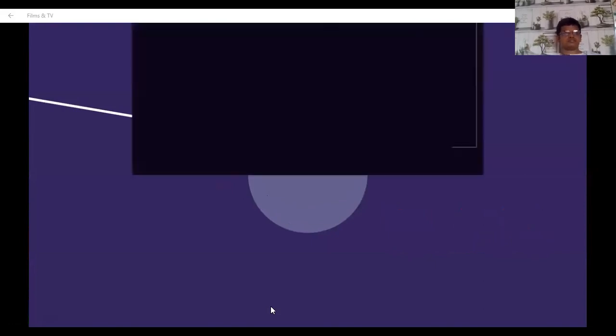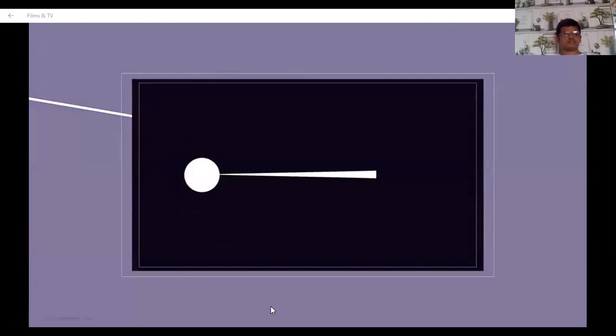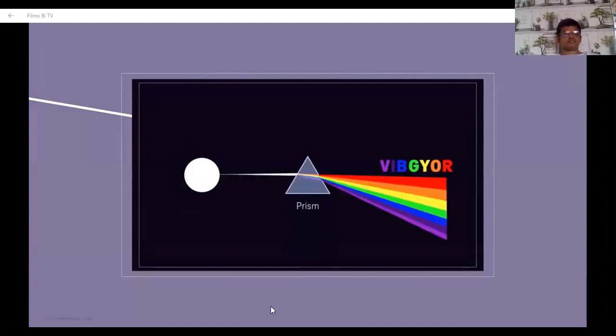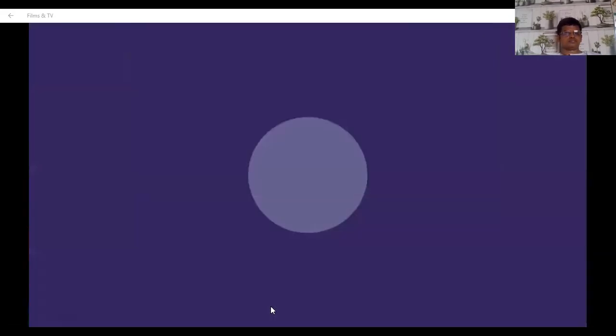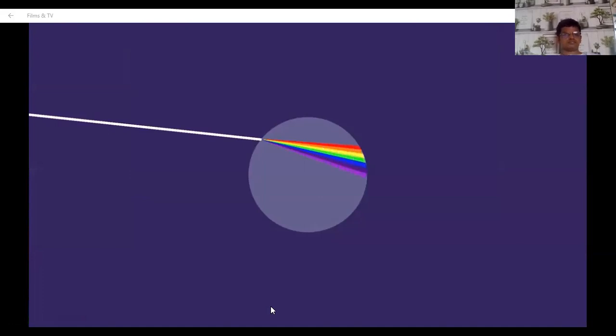But we know that the white light of the sun is composed of 7 primary colors. It's VIBGYOR. And we also know that a prism will break this white light into its constituent colors when allowed to pass through it. A water droplet behaves exactly like a prism. It disperses the white sunlight at the entry point. What happens next? This dispersed light falls onto the rear side of the droplet, and each light color is again refracted by different angles. But wait a moment.